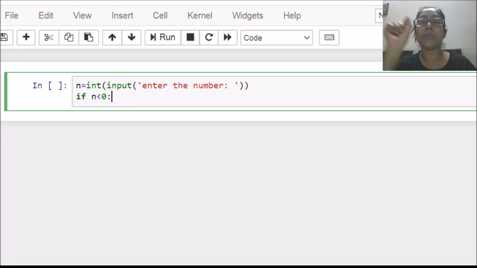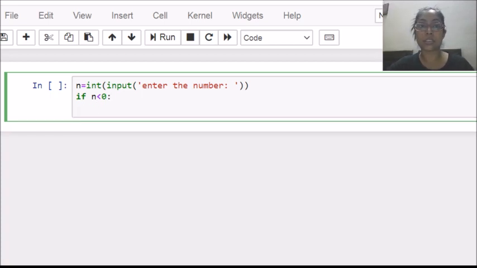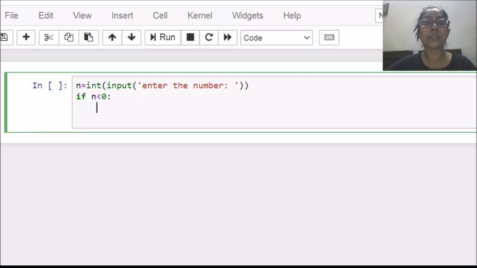Always mark colon after writing your complete if statement, because this colon depicts that it is a header statement and it will create a block for you, which is necessary for conditional statements. Now as you can see, when I placed this colon and I pressed enter, my cursor automatically came at this location.